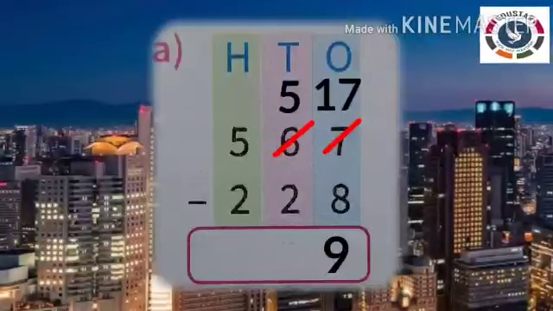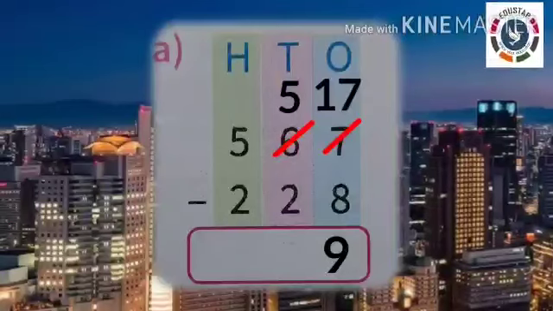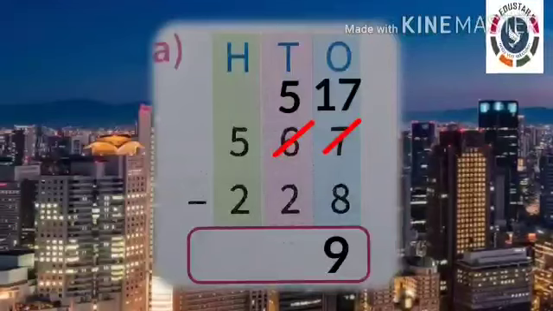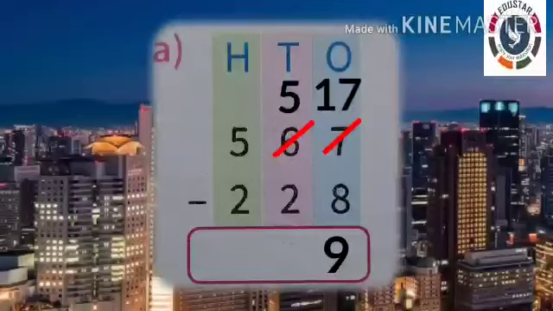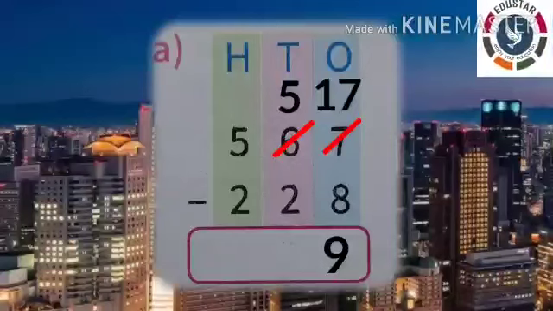Again you have to check the numbers. The first number you have 5. The second number you have 2. So 5 is greater than the 2. In this situation you should not borrow from the next number because 5 is greater than 2, isn't it? 2 in the mind, take 0 finger. 2 after 3, 4, 5. How many fingers I raise now? 3 fingers. So write 3 in tens column.